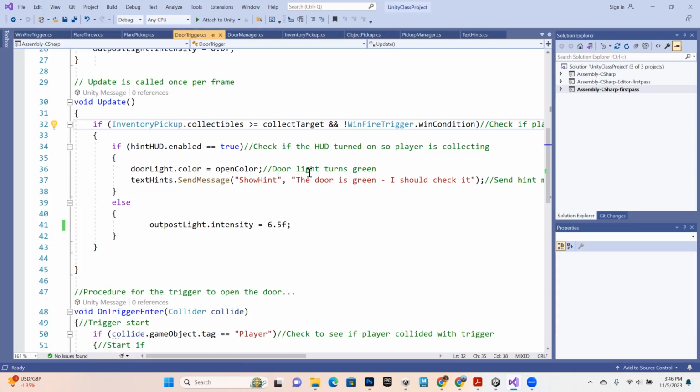Because that HUD is only enabled when you pick up your first object. So if I've got all of them, that means that I'm actually touching the door after I have all of the objects. So if that's true, then go ahead and set the light to green, my custom green, and then send a message to run the show hint procedure and put into that argument, the door is green, I should check